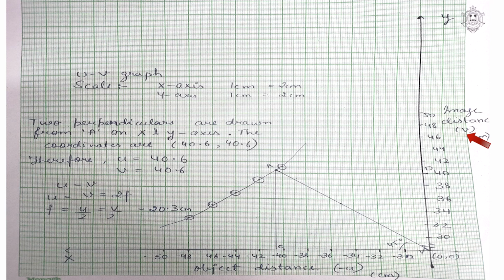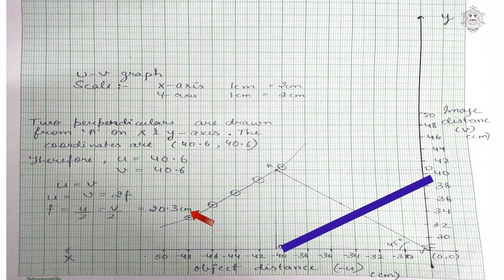Now since your U and V came to be the same, U is equal to V, which comes to be equal to 2F, and then your F can be calculated by dividing U or V by 2, which comes to be